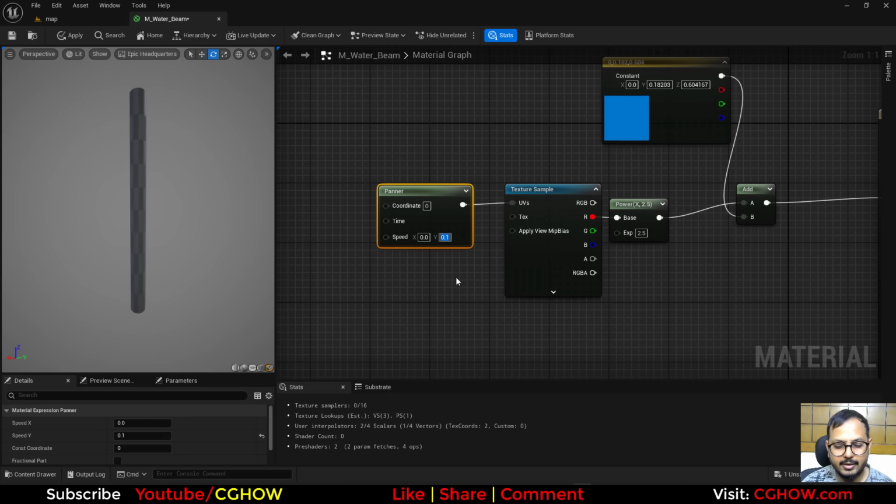So to make it a little more fluidy, I'll just take one more texture sampler and here I'll type blur. I have a noise texture that is blur, and it is just a cloud pattern in Photoshop that I'm using Gaussian blur on. So this is very simple, and I will cover this also tomorrow in my texture tutorial. Okay, so basically I'll use the same panner with this texture coordinate, and I will use this noise to distort this like this. So I will add this noise in the UVs of this, and this is totally distorted, but